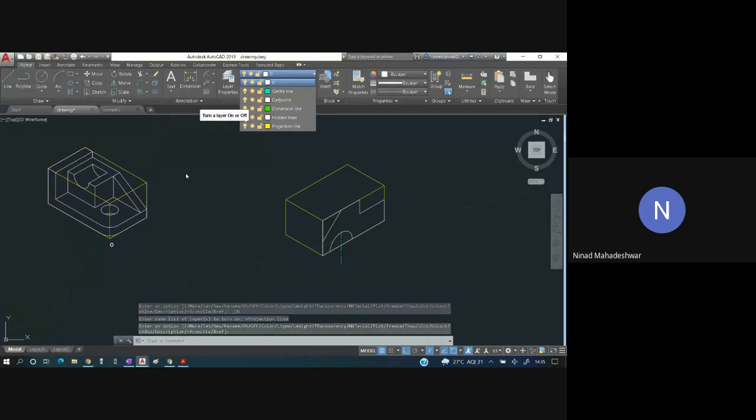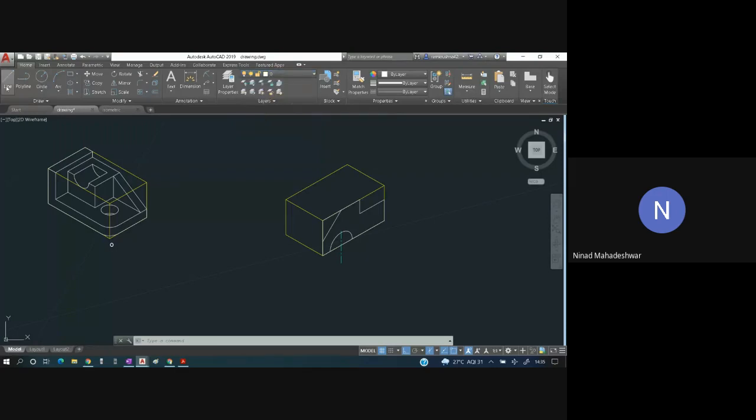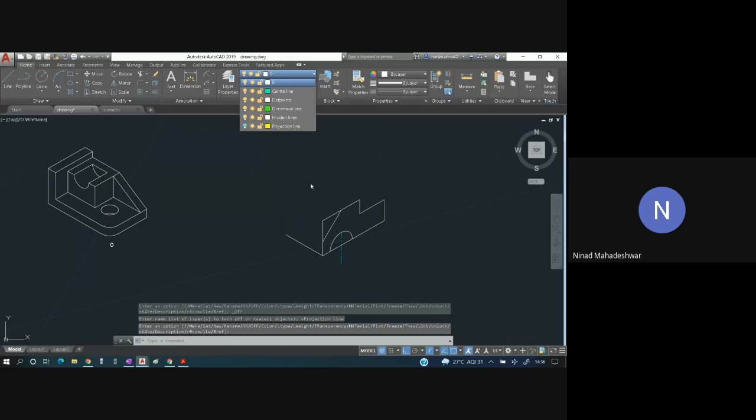Now once this is done, what I'm going to do is take the breadth of this entire section. So for the breadth, select a line from this end, click over here. I'll switch off the projection line.